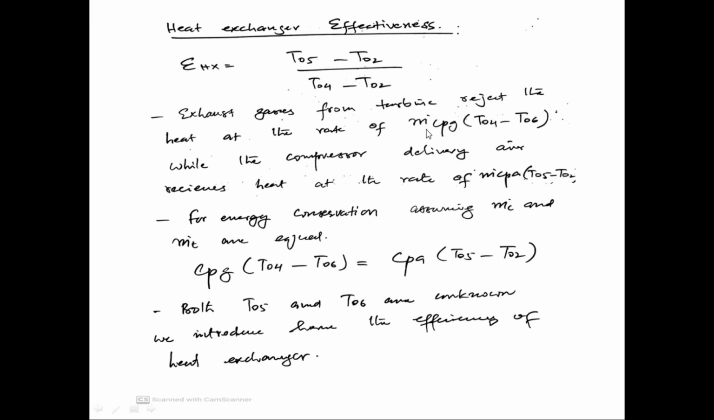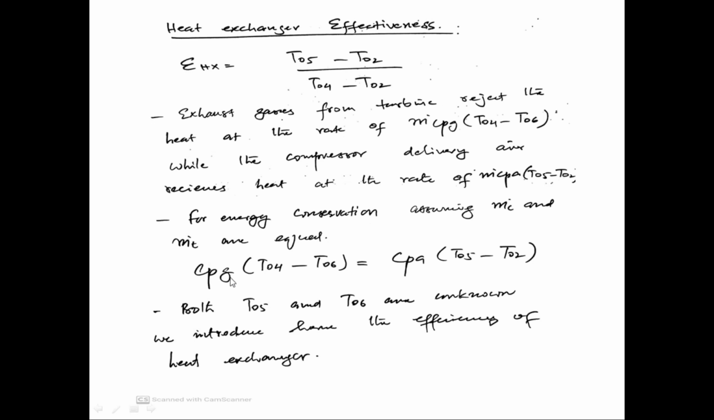So the rate at which the heat is to be rejected from the gases after exiting from the turbine is m dot cpg (T04 minus T06), while the compressor delivery air receives heat at the rate of m dot cpa, where a represents the air, and m dot is the mass flow rate, times (T05 minus T02). And for energy conservation, we assume the mass flow rate entering the compressor and